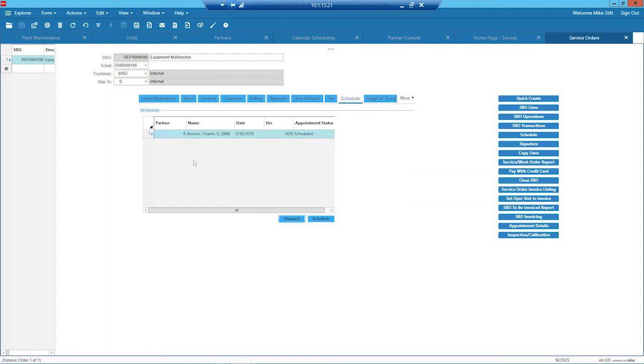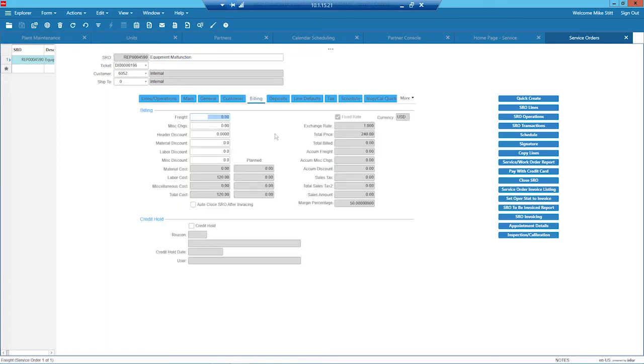If I go to the scheduling tab, you can see what date it was scheduled for, et cetera. This is a closed service order, but these are the kinds of things that are associated with a service order. If I come to the tab that says billing, keep in mind parts of this were built for a service organization that might do in-field repair work. So you're not going to be billing yourselves internally for this, but on this tab, you also can see things